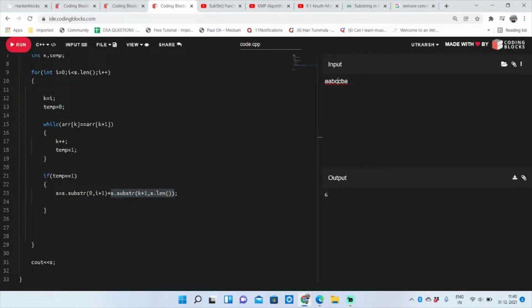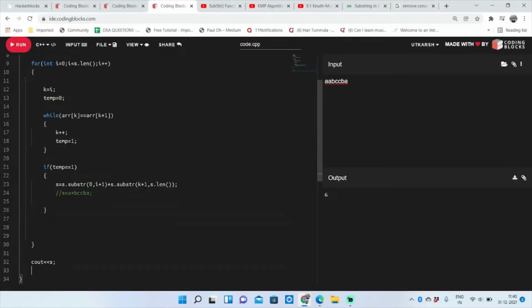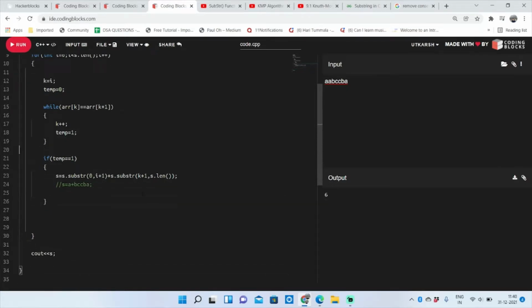Now if you see, this will give me bccba. So in the end, s is equal to the first part, which will give me a, and the next part will give me bccba, right? So this is how the loop will progress, and in the end I will be getting my output.